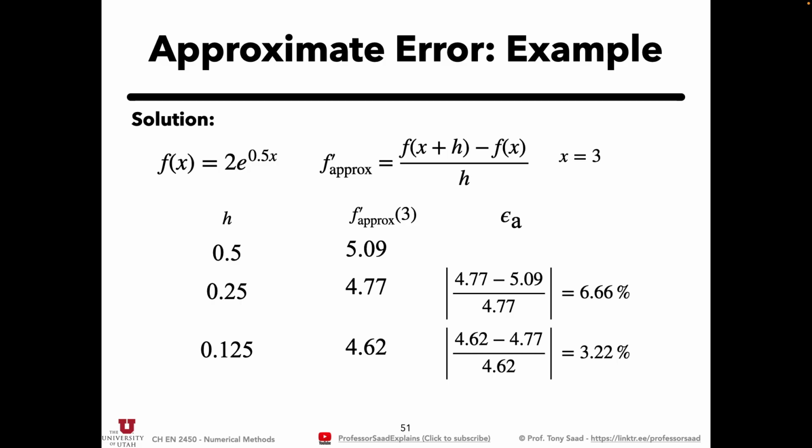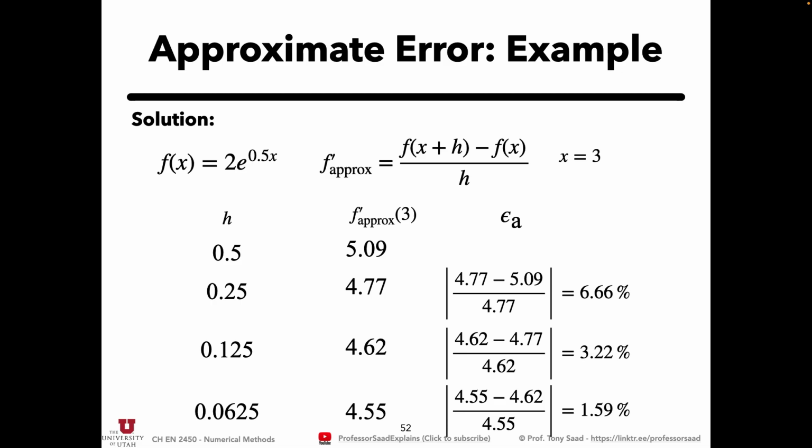And then the better approximation gives me an error of 3.22%. And then I cut this in half. Again, it gives me a better approximation. And then compared to this worse one, better minus worse over better, it gives me an error of 1.59%. Okay, and you can say, using the forward Euler method, I'm getting these kinds